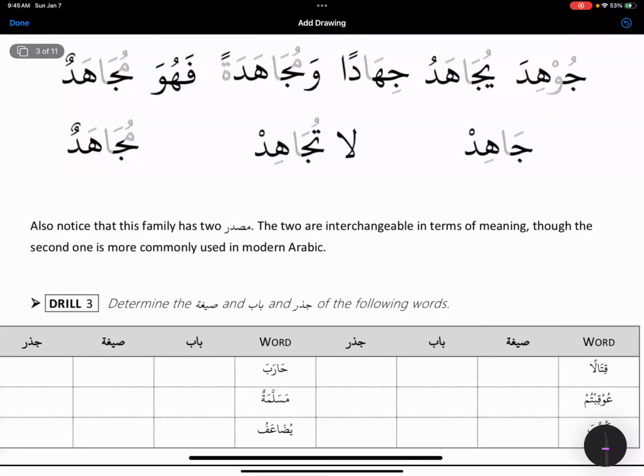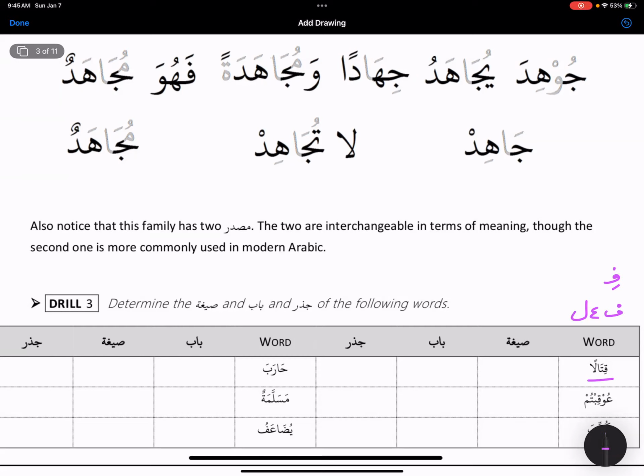Root words, okay? So if I ask you, what is the siga of kitalan? What should be your answer? Masdar. Okay. So masdar, and if I ask you to give me fa, ain, and lam, these are the root, these are the pattern we are looking for. So what is the wazan of kitalan? Fi'alan.